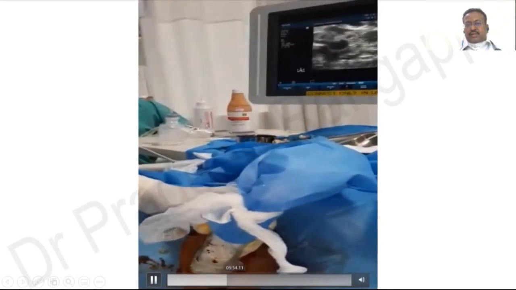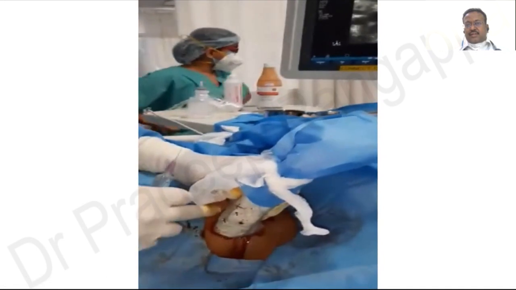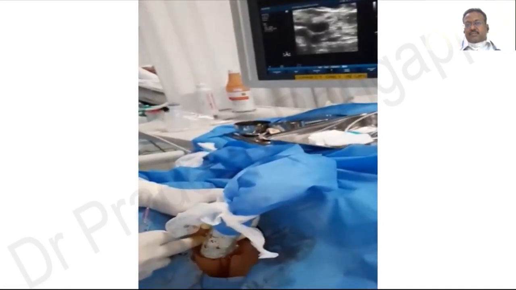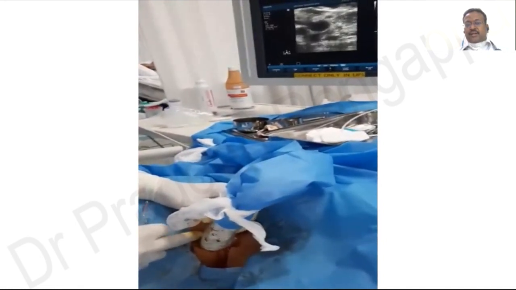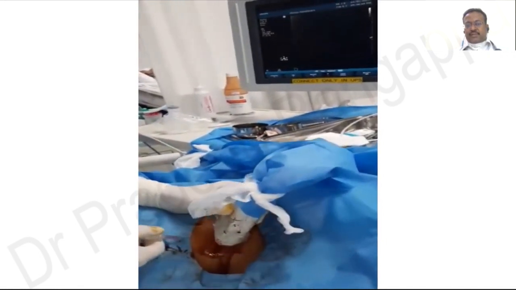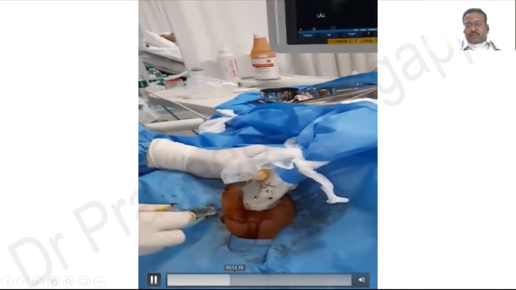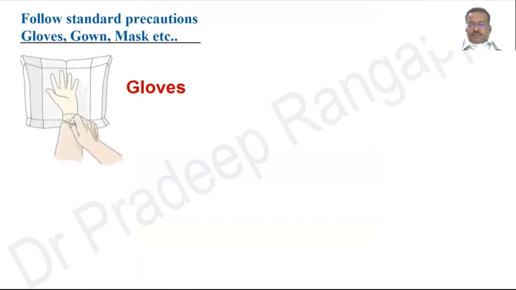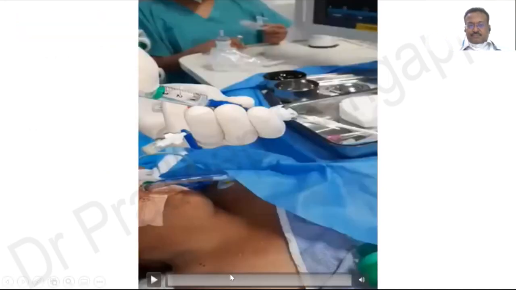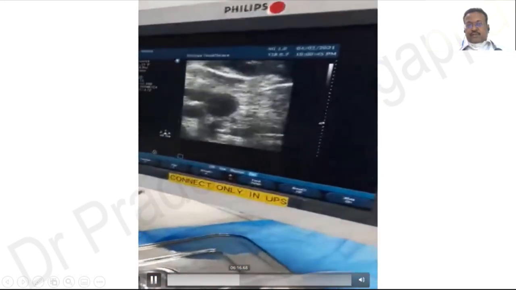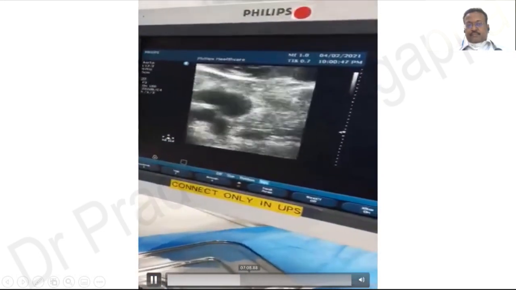So the person who is doing this within our ICU is visualizing in the ultrasound whilst he's giving a local anesthesia. So he knows there is a nice big vein and there is an artery which is medial to it, as you see. As you see, he's giving local anesthesia. If you can see that vein there.